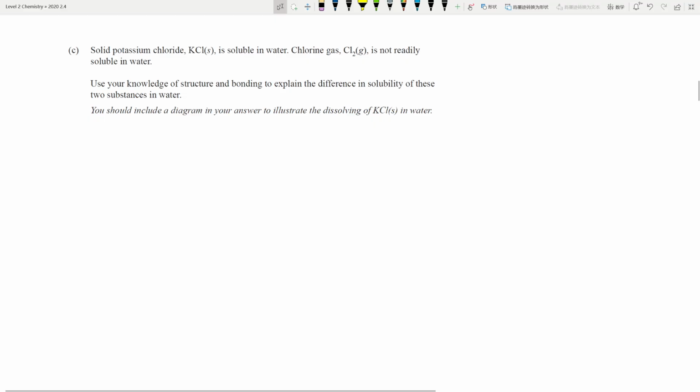KCl is soluble in water, but chlorine gas is not readily soluble in water. So use your knowledge of structure and bonding to explain the difference in solubility. So solubility, again, is one of those that's becoming more and more popular. So again, if you come from my previous years' exams, I would strongly recommend for you to